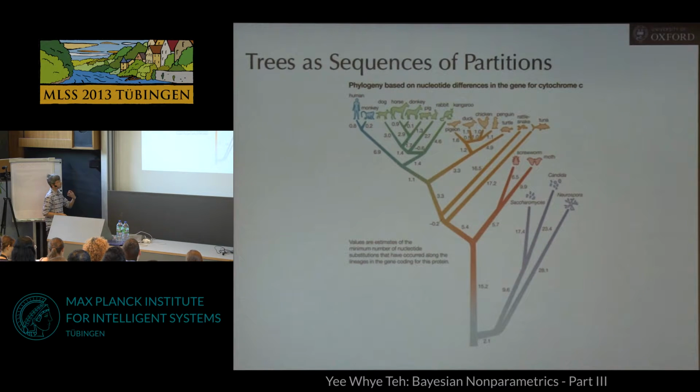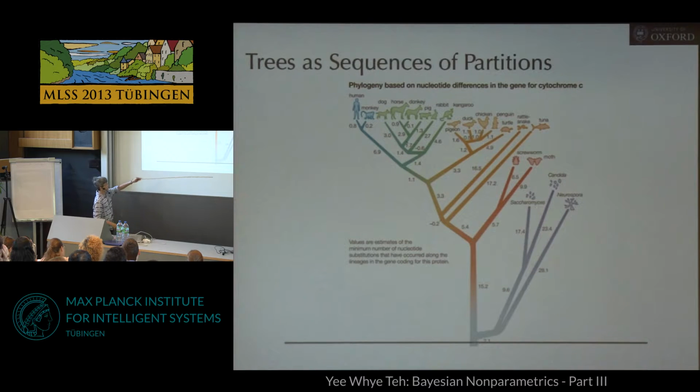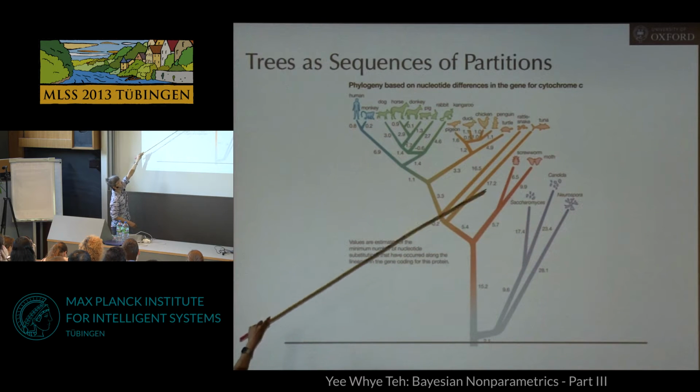So we're going to relate trees to, kind of think of trees as basically a sequence of partitions. One way in which you could get a sequence of partitions from a tree is the following. Imagine that you start off at the root of the tree, and you're going to move this bar up the tree. For example, you might move up here,